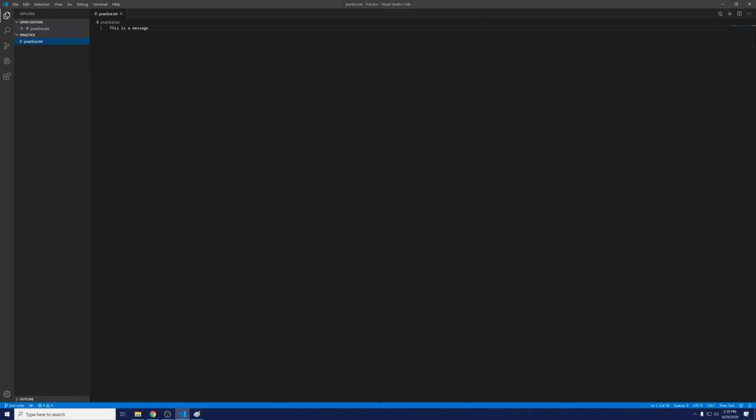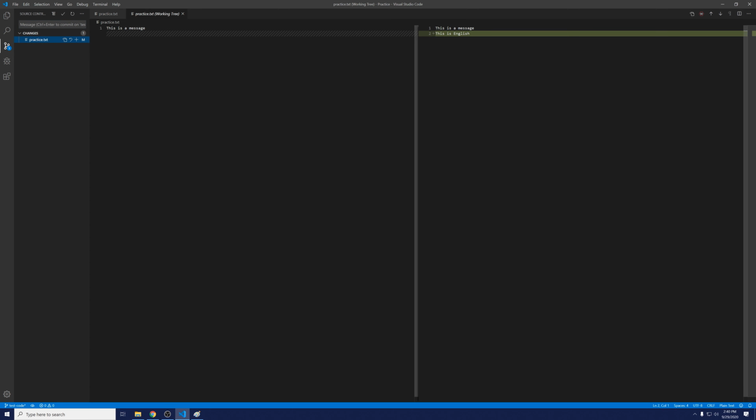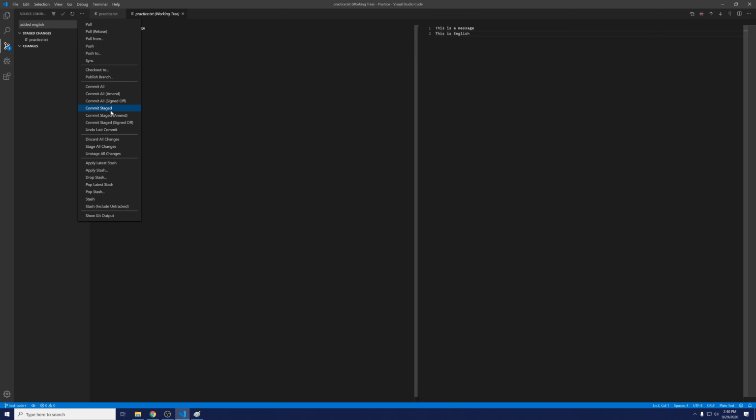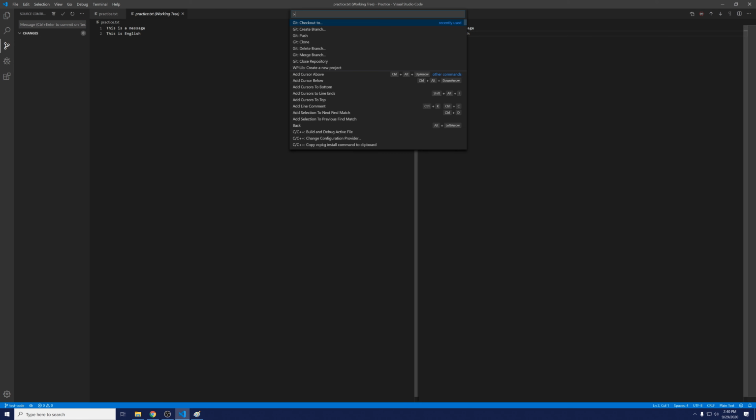So now we can go git checkout to, and we're going to go down to this test code branch. So now we are in this test code branch, and let's add something in this branch. We're going to type "this is English," and we're going to save, and you can see that we added "this is English." Add to stage, and then we're going to commit "added English," and we're going to commit staged, and then we're going to push it,